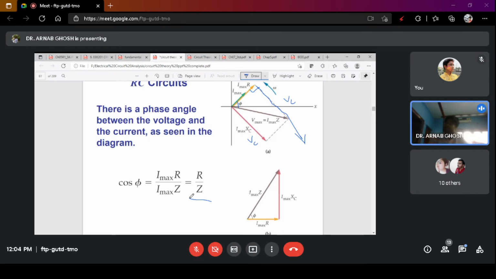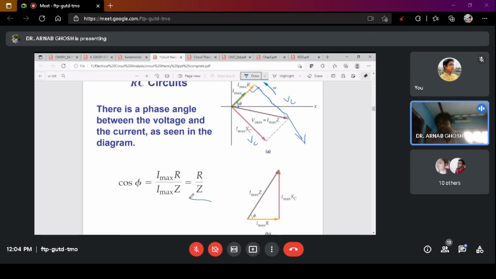Okay. Even for this, so this is for RC circuits. So for any AC circuit consisting of these circuit elements R, L, and C, the cos phi, that is the power factor, will be equal to the ratio between the resistance and the impedance. Now let's just rewind back to what we were discussing first.